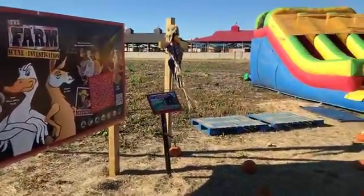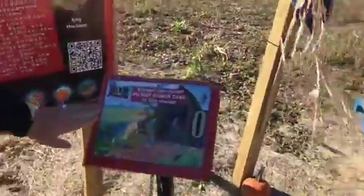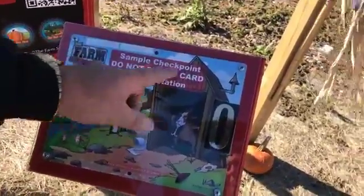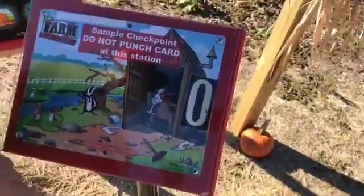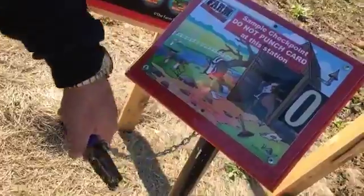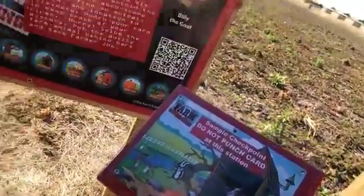And at each checkpoint, you'll see one of these. And the checkpoint will then give you a clue. It'll tell you where it happened, what animal, and what weapon was used. And then on your punch card, you take the hole punch and just punch the clues. And then at the end you come out and you determine who took